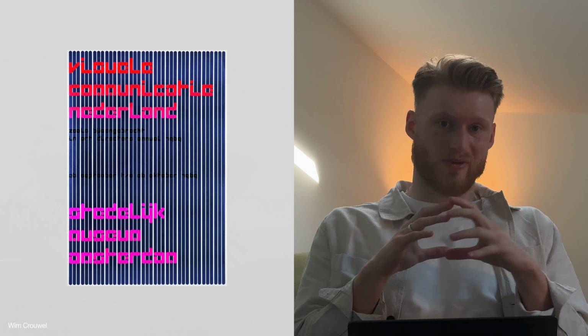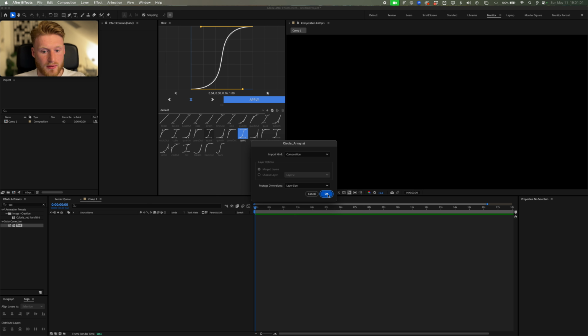So now they've all got these funky colors. That's pretty fun. So if we just go and save this now, I'm then just going to drop this into After Effects. So this might take a little second to come in, but we just want to import it as a composition, and we want to use the layer size because they should be the same. And then if we just hit OK, then we just have to wait a little bit